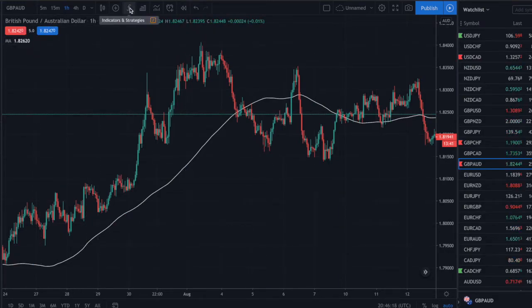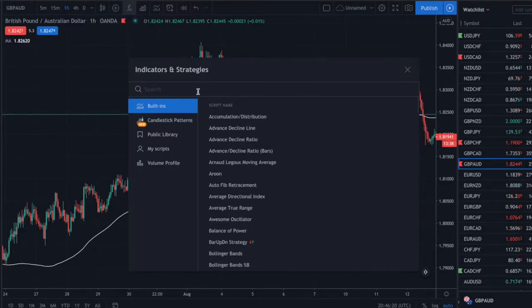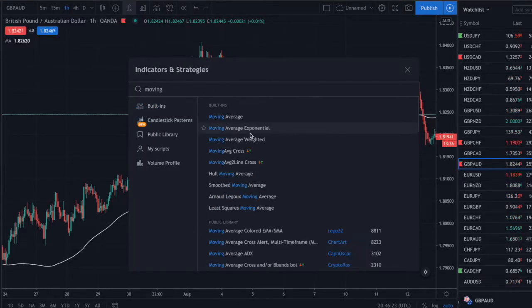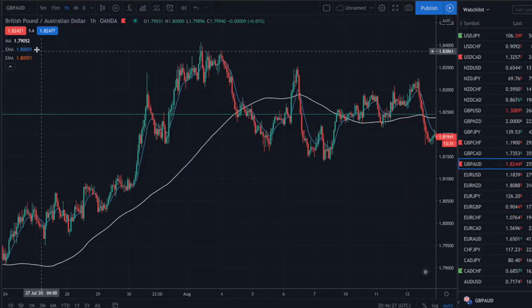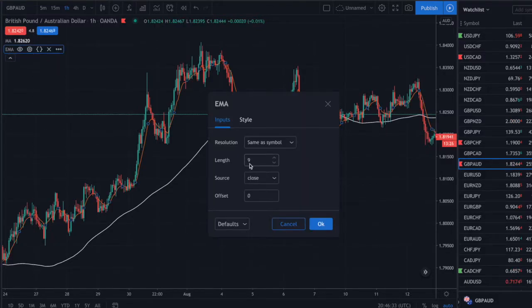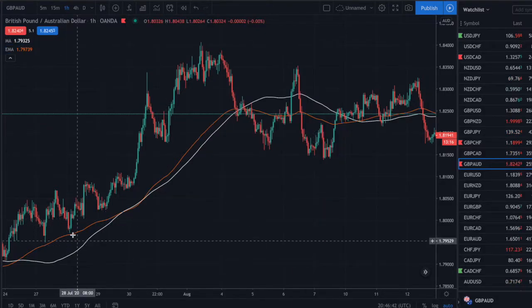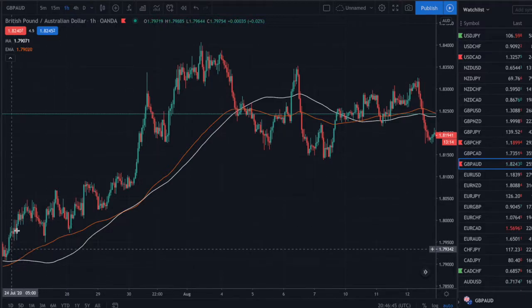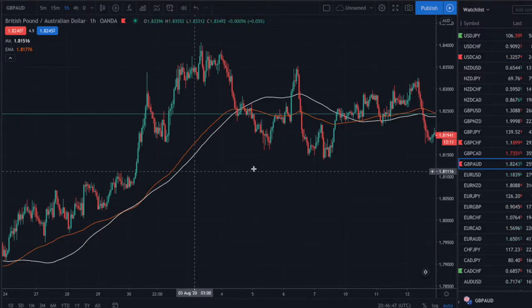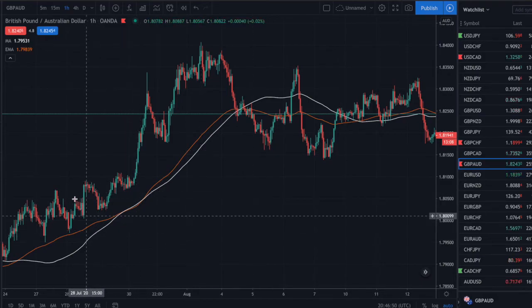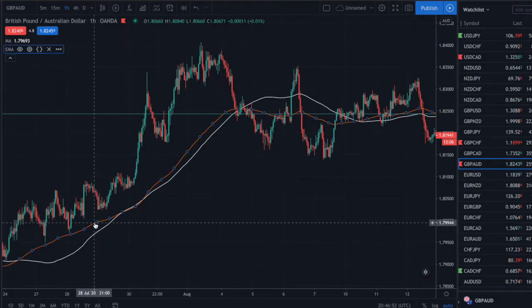Now I'm going to show you another one. That is my favorite, an exponential moving average. Actually, I put two by accident, so I'm going to remove this one, and I'm going to show you the same moving average as 100, as exponential. And as you can see here, this orange line, this moving average is calculated with a different formula, so you can expect a different line, even if it's an average of the last, in this case, 100